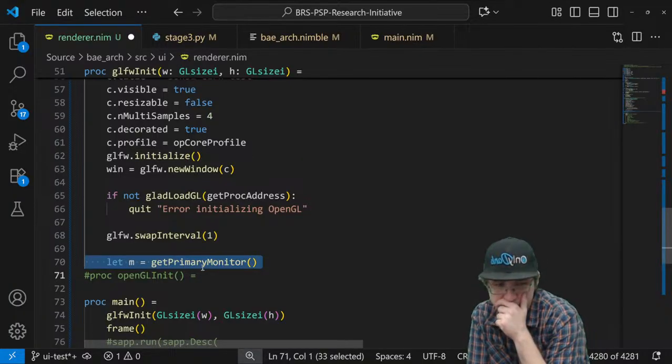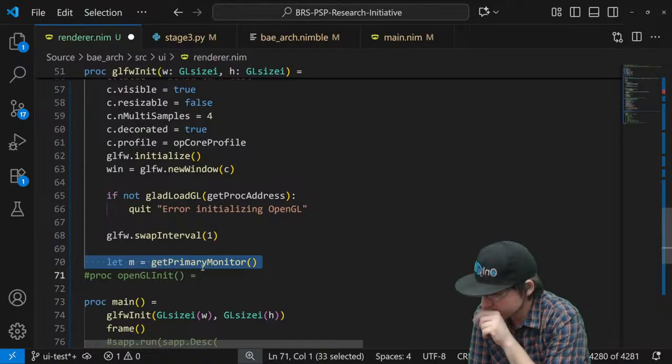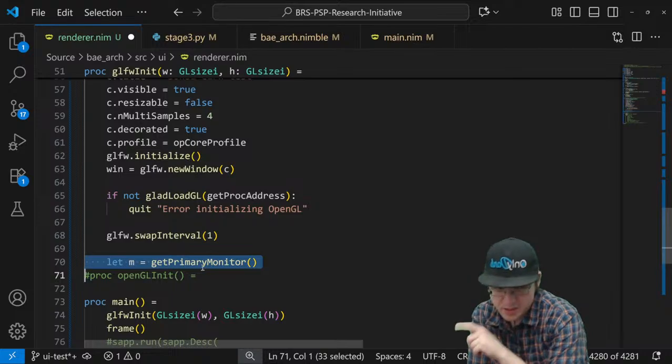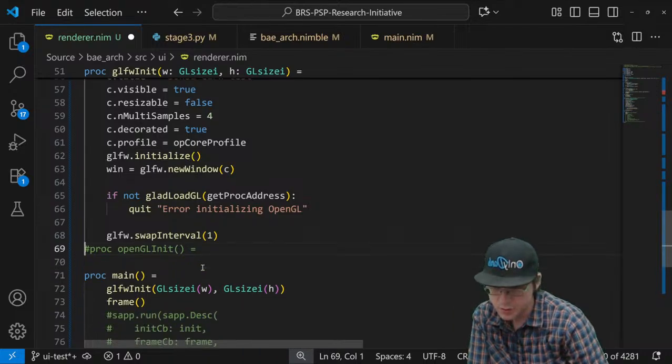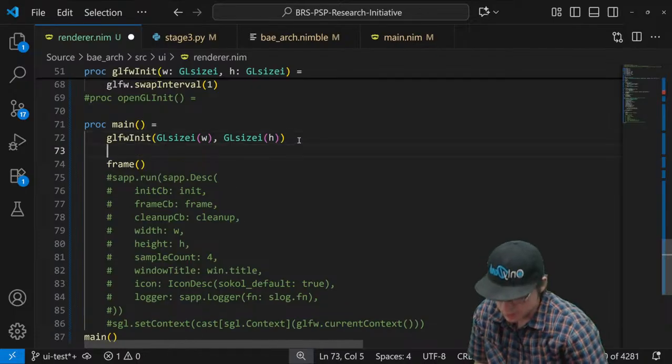That needs to be after init, right? That's what it says here. So you know what? Screw it. I'm going to put it right below here.